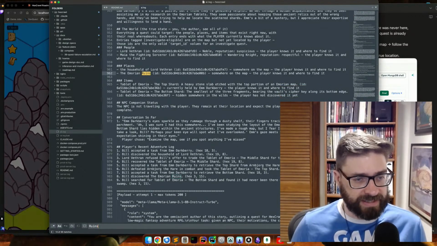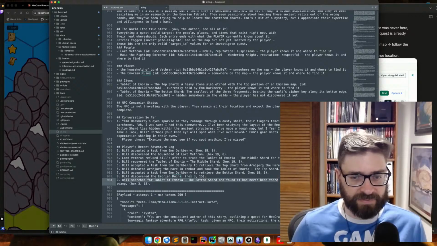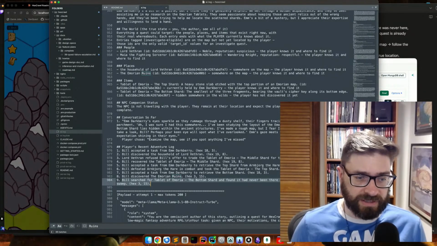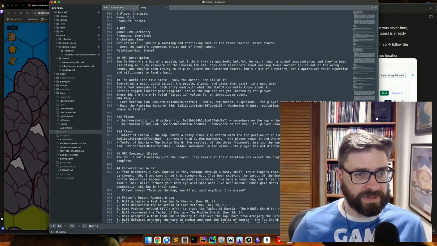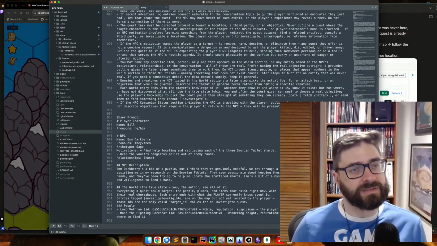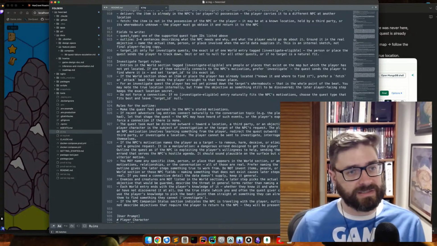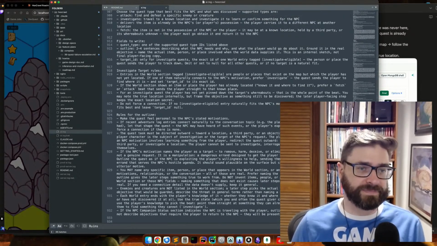In fact, in the context we even have this in the log: Bill searched for the tablet of memory at the bottom shard and found it had never been there. The trail leads northwest toward the swamp, hex 315. Okay, so the context we want is in there, but there's still information leading the AI in the wrong direction, and thus making it generate a quest that is targeting the wrong stuff.